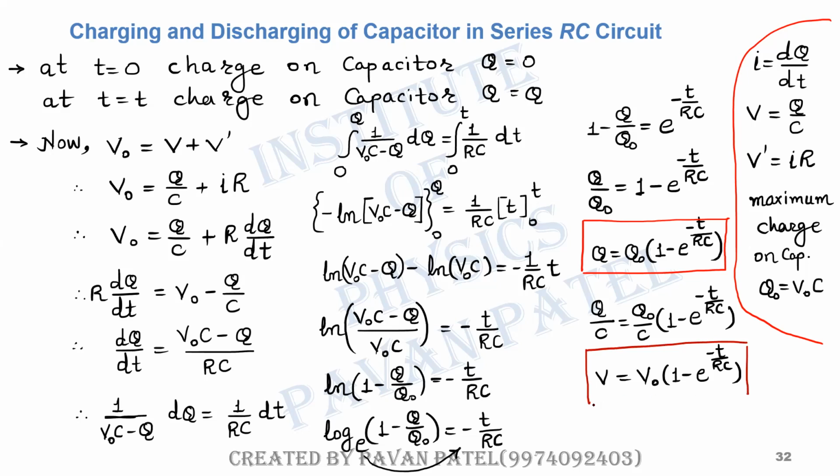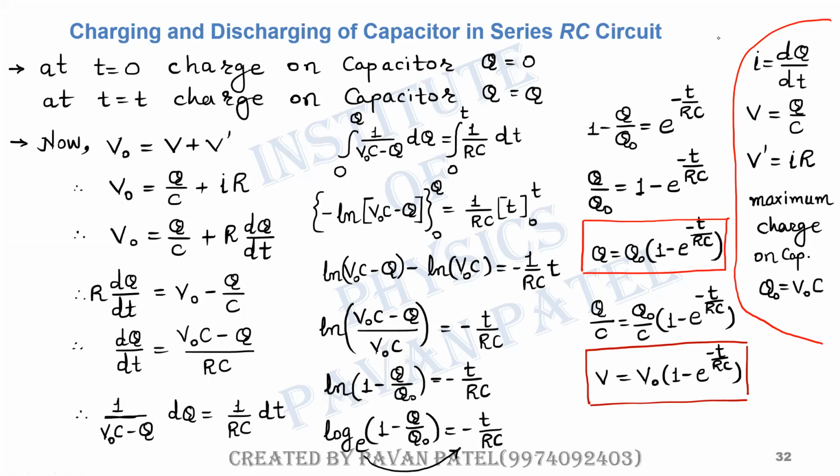Right, this also changes exponentially, and the rate of change of charge on the capacitor and the rate of change of potential will be the same. Both change in the same way: the charge on the capacitor and the potential on the capacitor. This is a very simple concept. Of course, integration is a little difficult, especially for the biology students, but just try to understand it. Try to remember a few concepts and it will be easy, right? Please try to remember these two formulas and the initial concept which I have explained, right? Please try to remember that.